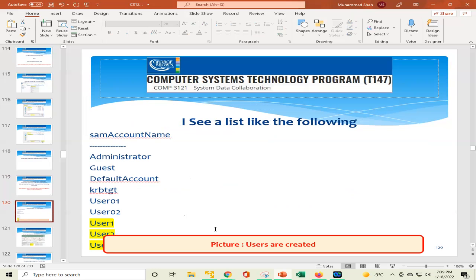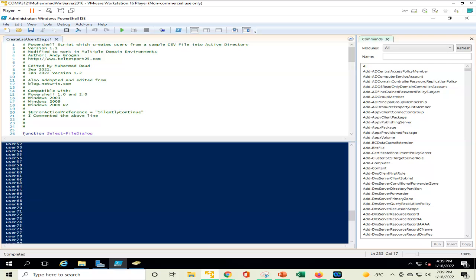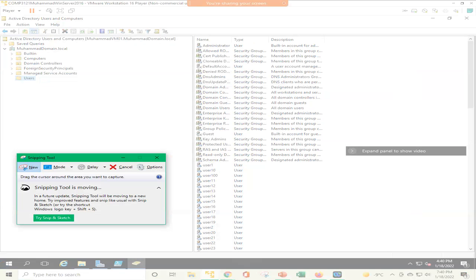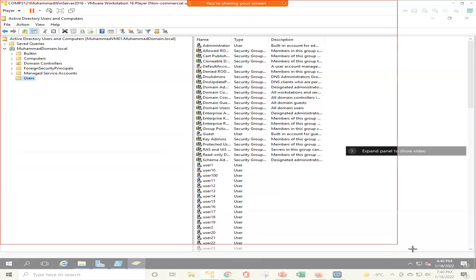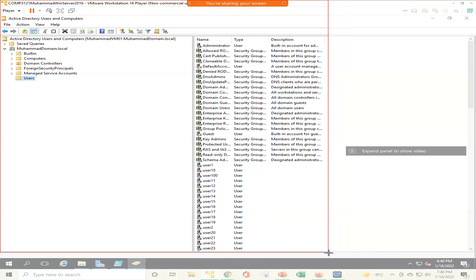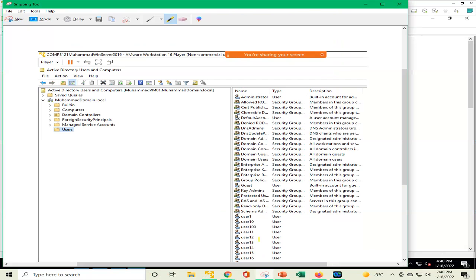Here we will take a picture. We can take a picture now. Both options we have, either we can take a picture here or we can take a picture in our graphical user interface here to show that we have all these users. Any number of users coming into the picture is good. I take this picture. I just take the screenshot and then we can save it over there. See, we have all these users,